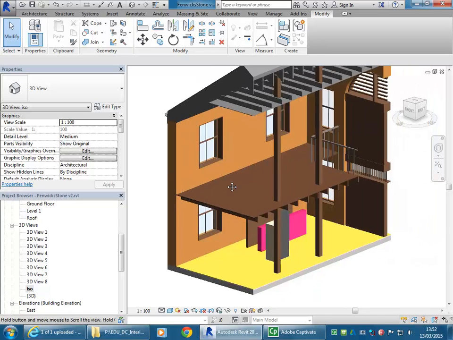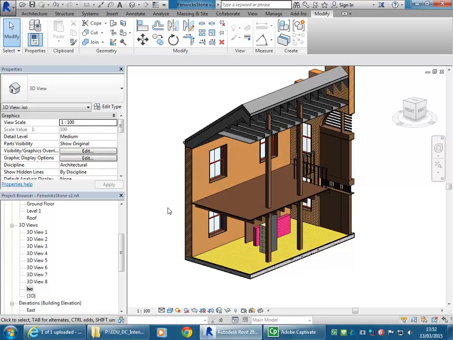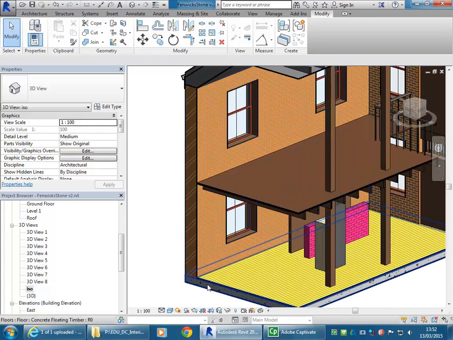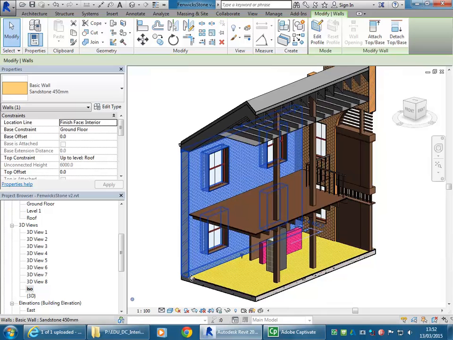Okay, so I've got here a cutaway view of my 3D model, and I'm going to use that just to demonstrate how to assign and change your materials with all of these different elements. And I'll start with this wall here, which you can see is in properties a sandstone 450mm wall, and I've